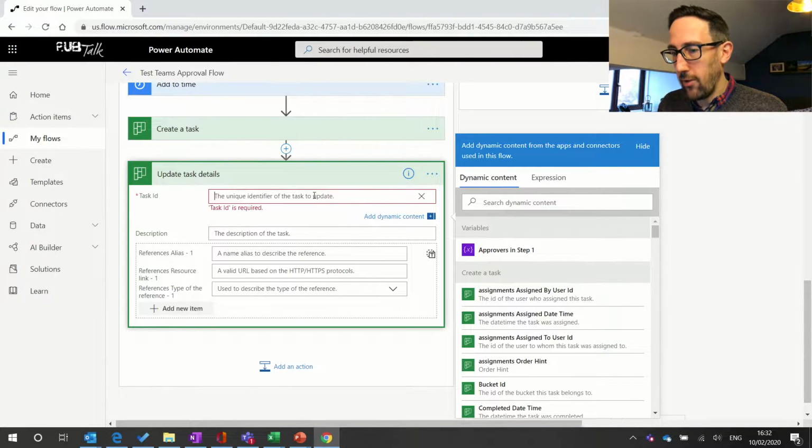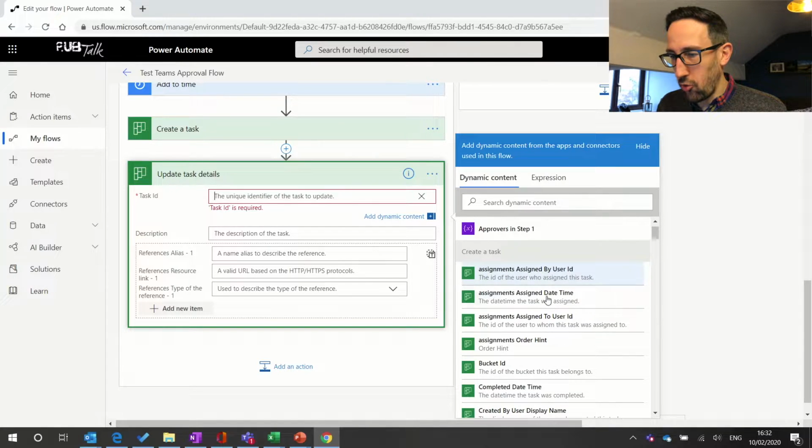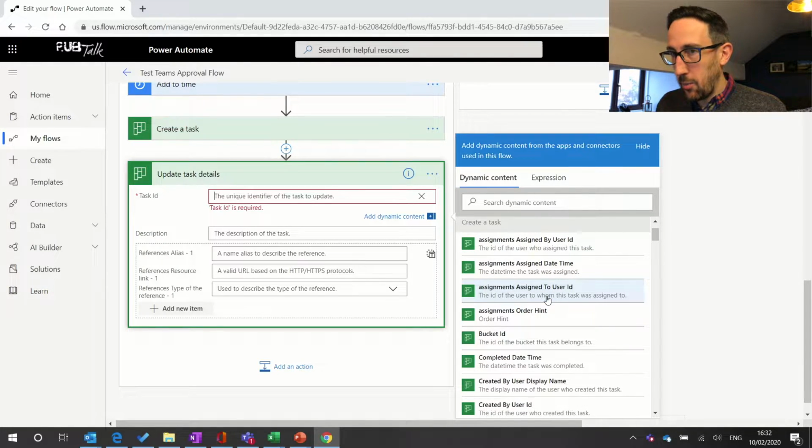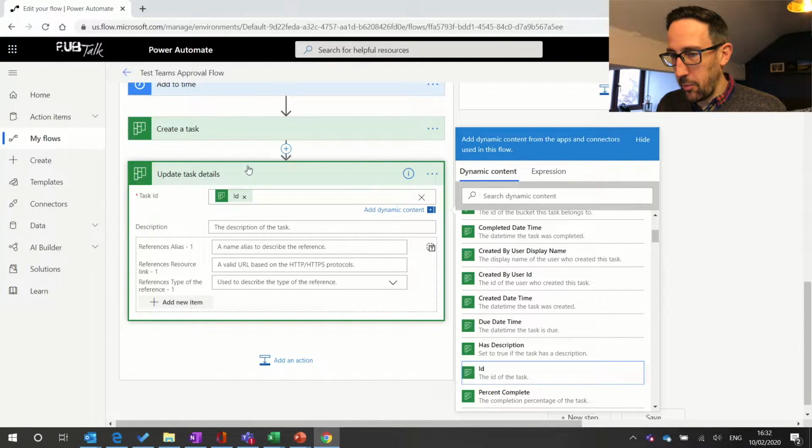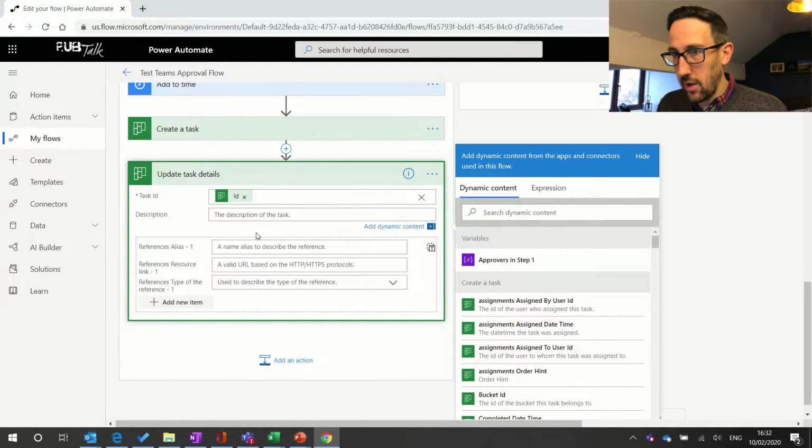Here we go. Yeah, so we wanted to get that dynamic box up. I'm not sure why it didn't pop up straight away. But we want to pick up the ID of the task above, so we can link those. And then description, I guess we don't know what the action is in our imaginary scenario, so we can just put in some more description like